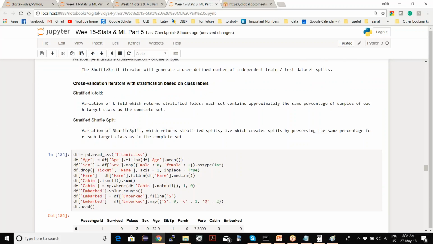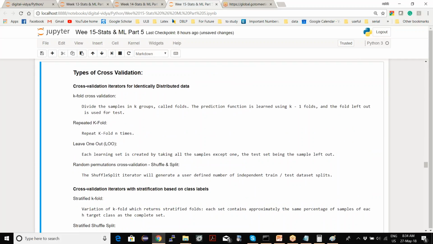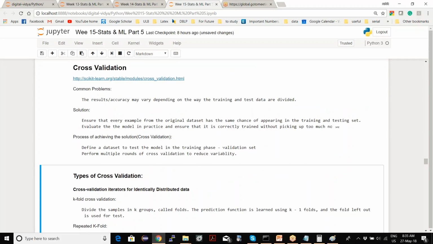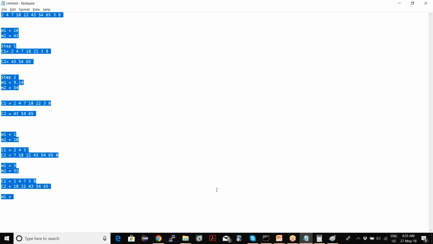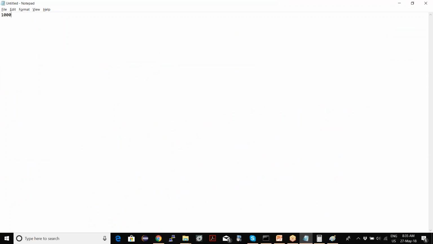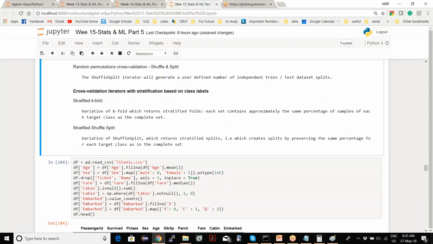Okay, so there are different approaches to cross validation. Let's take the first one, which is the most famous, called k-fold cross validation. How does k-fold cross validation work? It divides the samples, or your input data, into k groups. Suppose you had 1,000 rows in your data set.